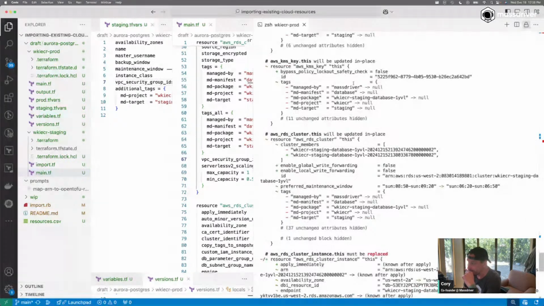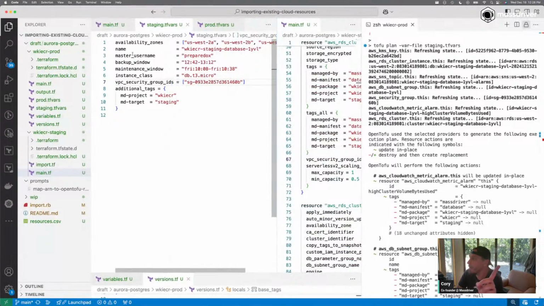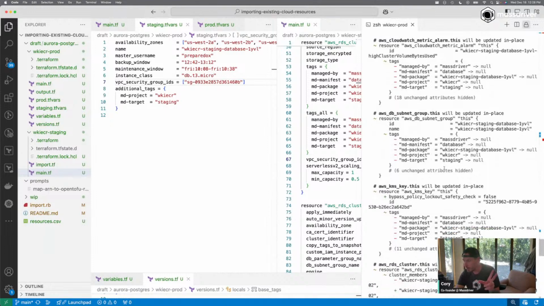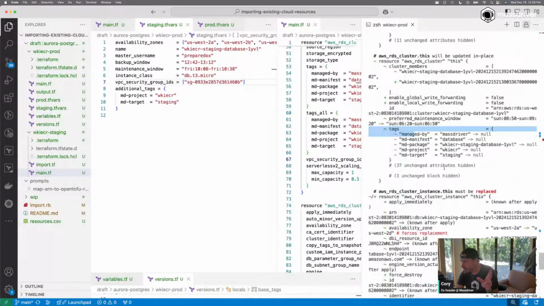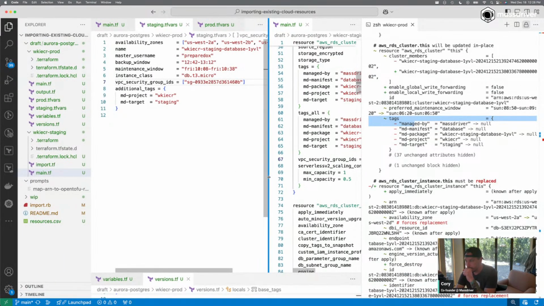Let me just look at something really quick. Cluster identifier. Actually, I think that's one that we can just, you know what? I think that's one of those. I may know what the problem is. Okay, so there's not much here. So it's a bunch of tag stuff, and then there's a couple of things we need: the suffixes, and then the maintenance window, and then there's one other thing I'm seeing here, which is